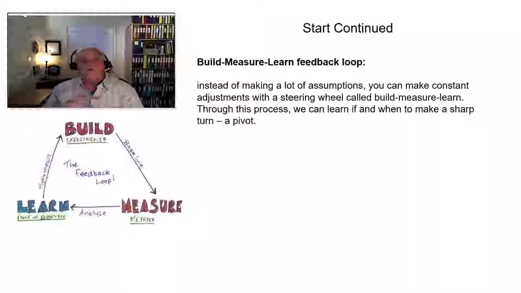That short term and that pivot is something that isn't typically done. Many times what we do is stay on the same track until either we fail or we succeed. We only see the opportunity for one or the other. What he's talking about is creating a feedback loop that gives you the ability, at a certain point, to plant your foot in the ground and, as he refers to it, spin and start to pivot. Do we need to make that turn, that course correction? And I guess a great metaphor for me would be if you're in a sailboat and you're trying to get from one place to another.